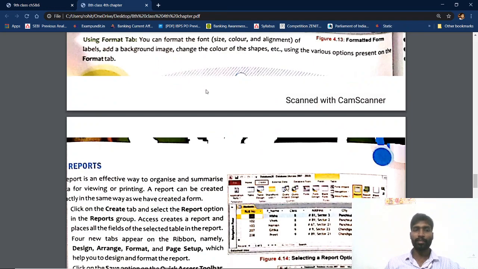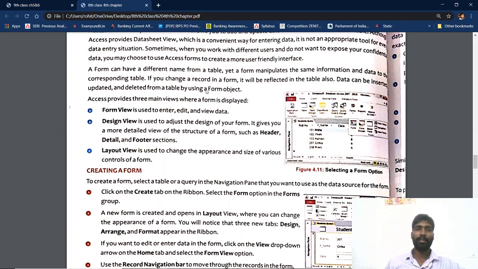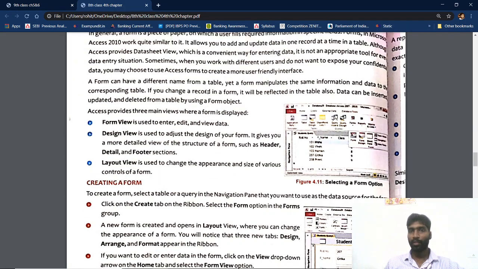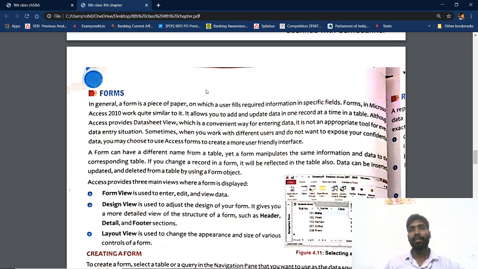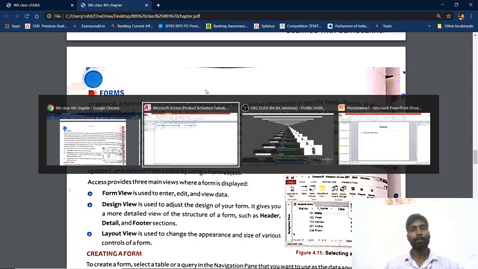Students, in this class, I will try to explain once again the relationship between tables and creating a simple query, and multiple criteria and form report. Only these main things I will explain. So when we finish explaining, this chapter will be complete. After chapters 5 and 6 both are Photoshop. So when we touch the 5th chapter, it will continue up to the 6th chapter.